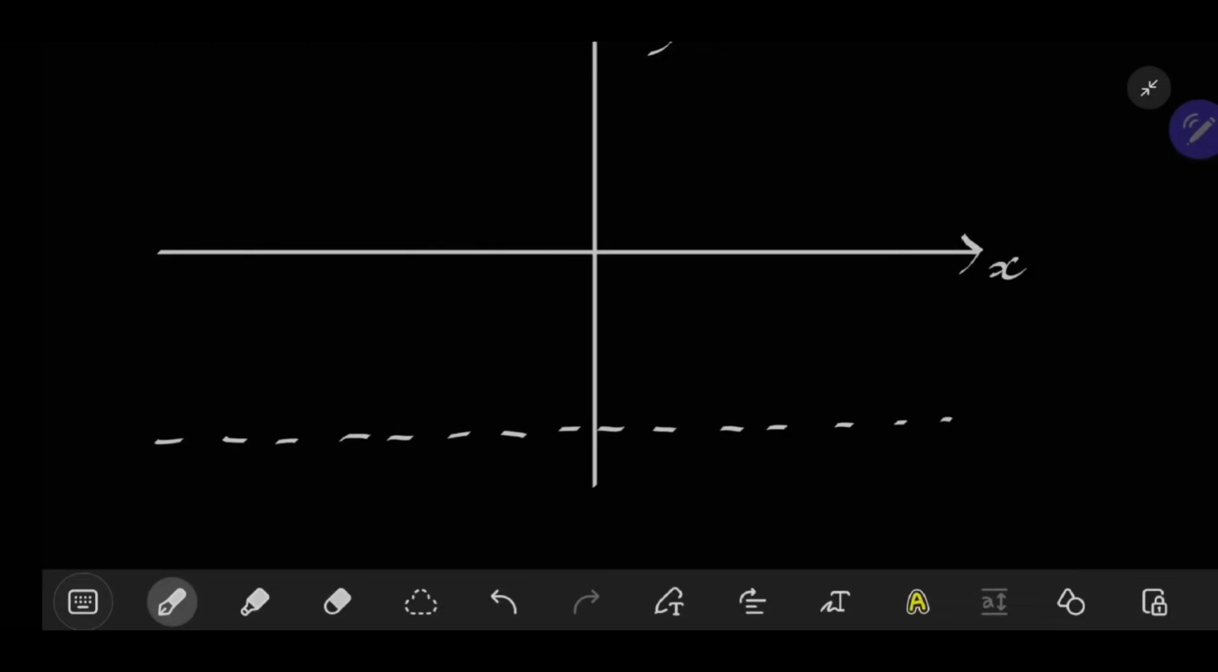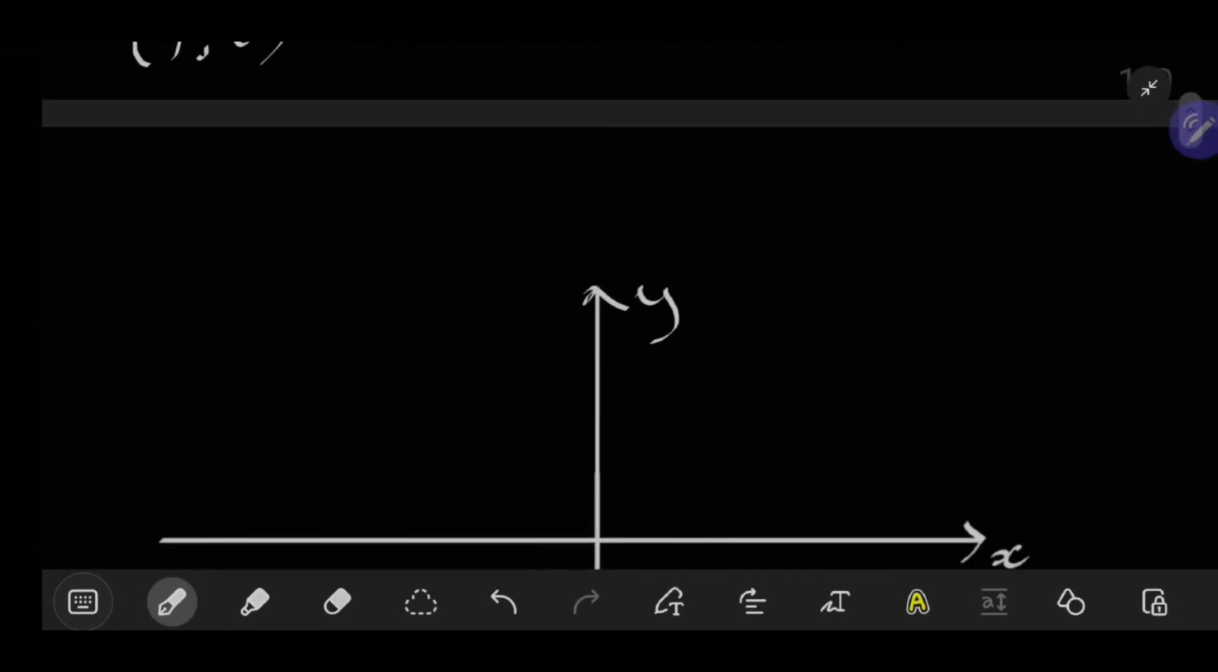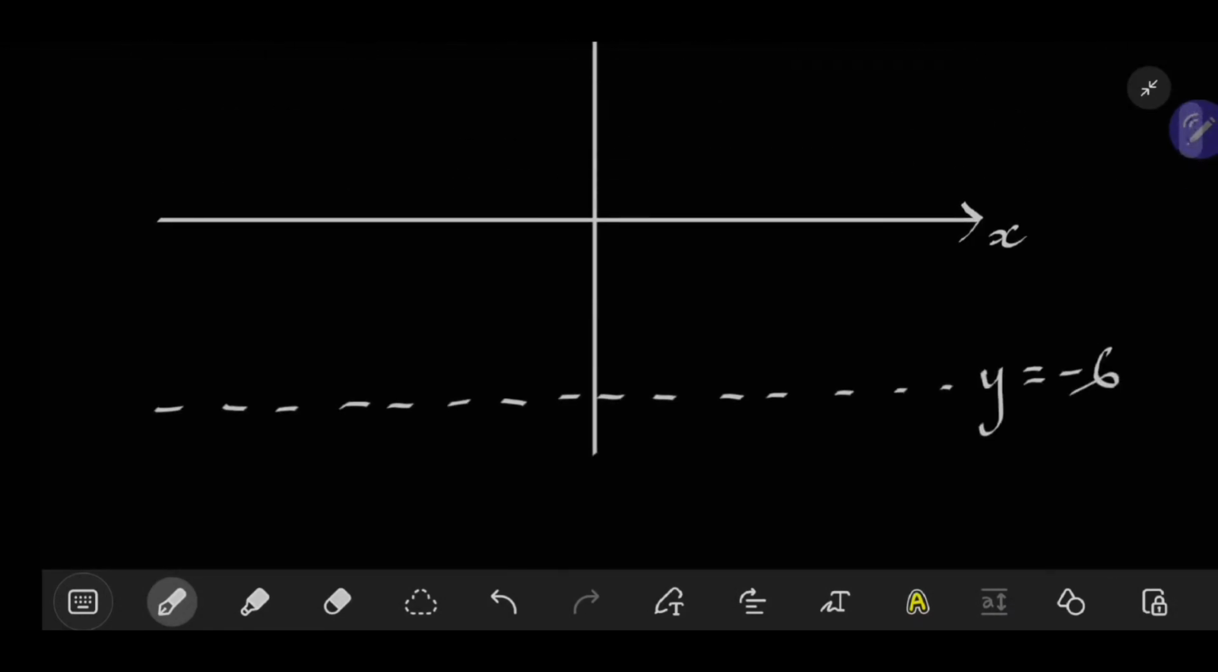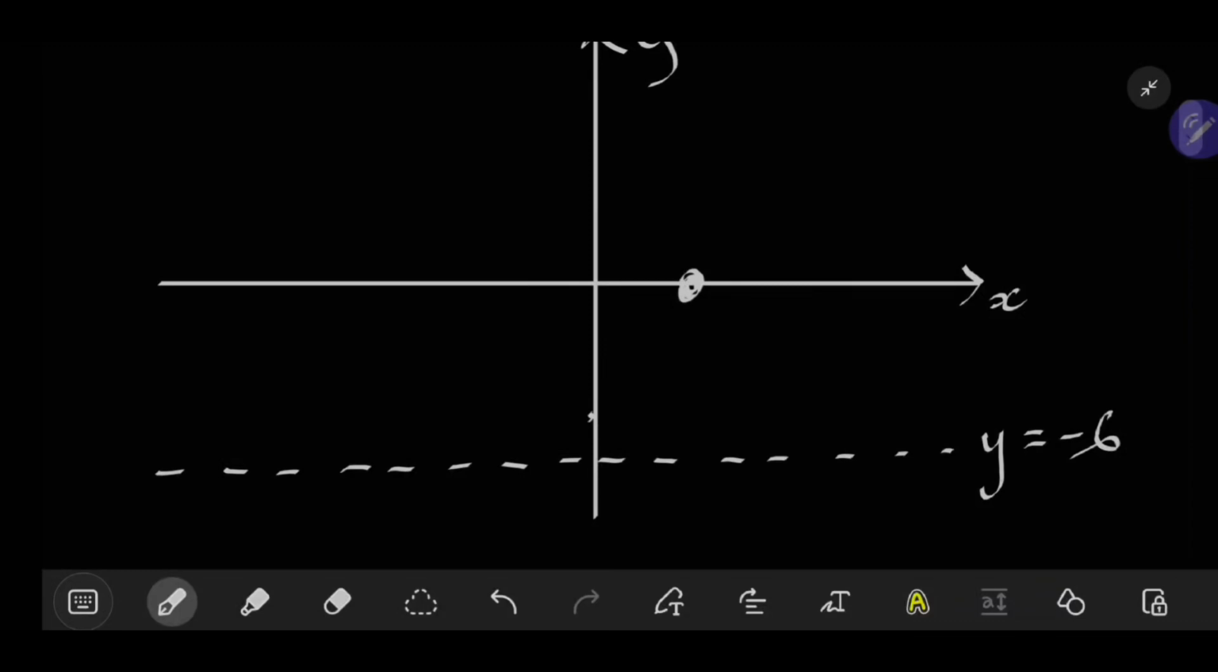So this is the point y equals minus 6. And then we have our x-intercept, this one, as the point (1, 0). Then it can be a point here, (1, 0). And then we have a point (0, -3), which is a point here. Then you can see that the graph will